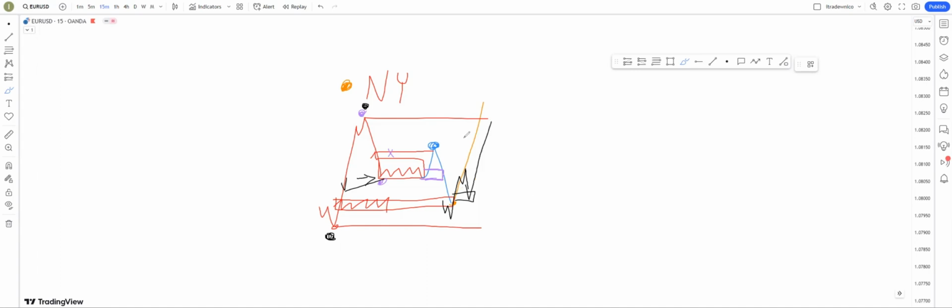Right. As you can see, it's so powerful, and that's the only way I use the daily cycle. But as you can see, you cannot build any sort of bias if you don't understand the high time frame range that you're inside. In this case it will be my black range right here. All right, so these are the main sessions I look for trades, and that's basically my daily cycle explained.